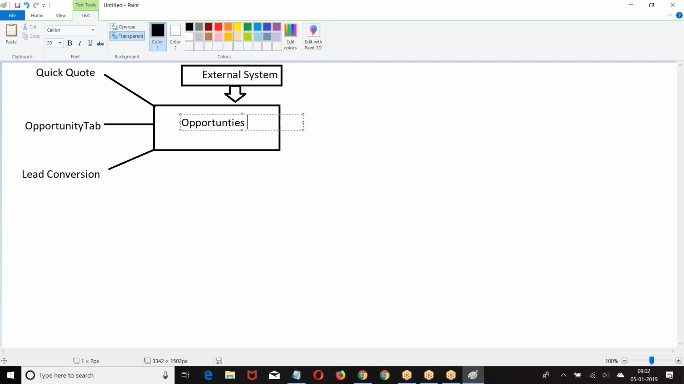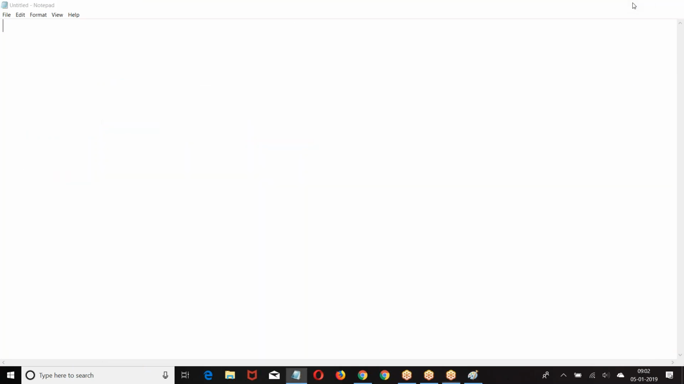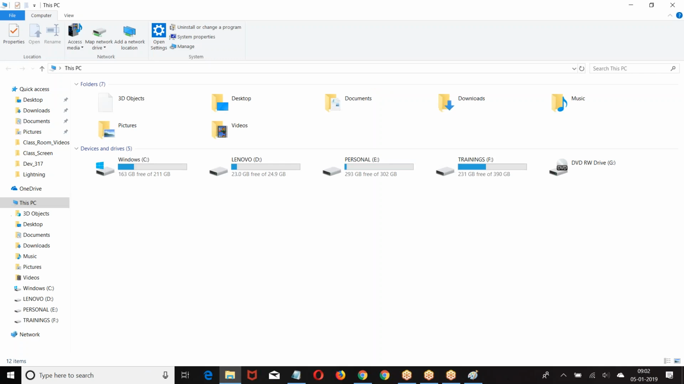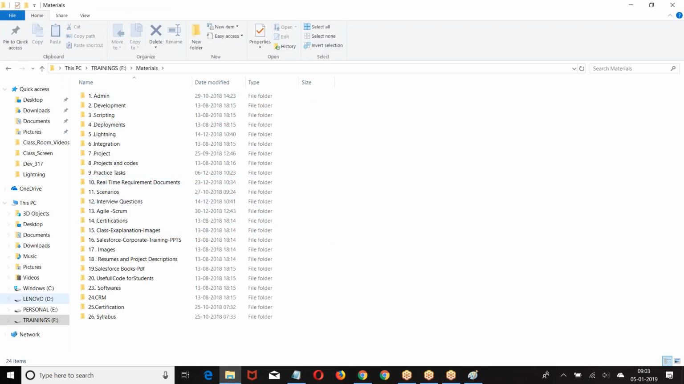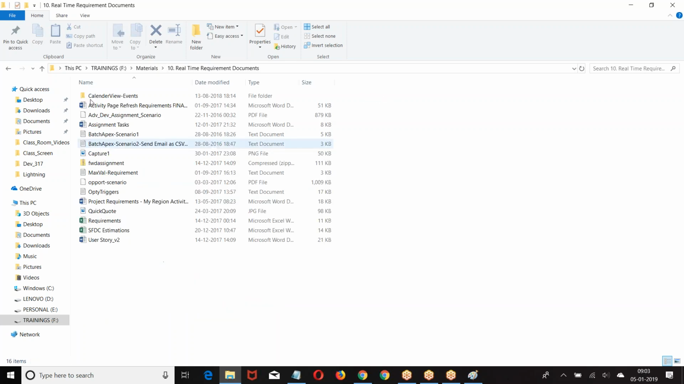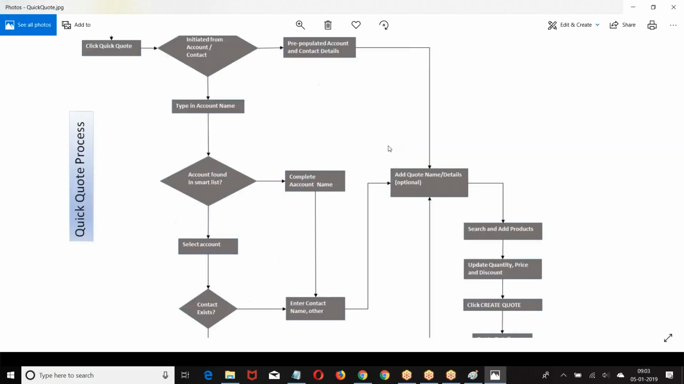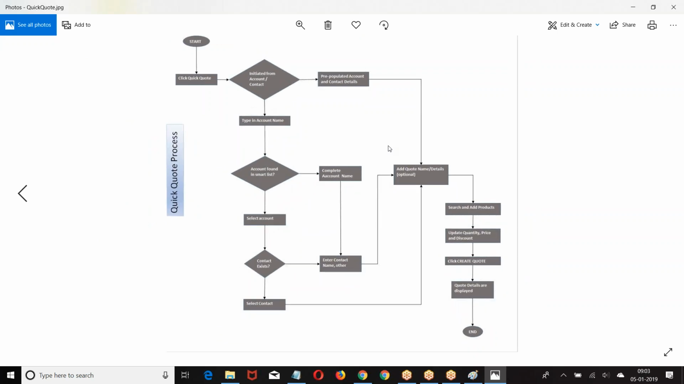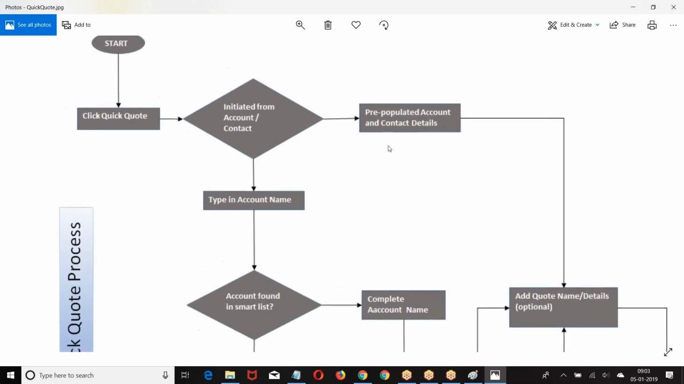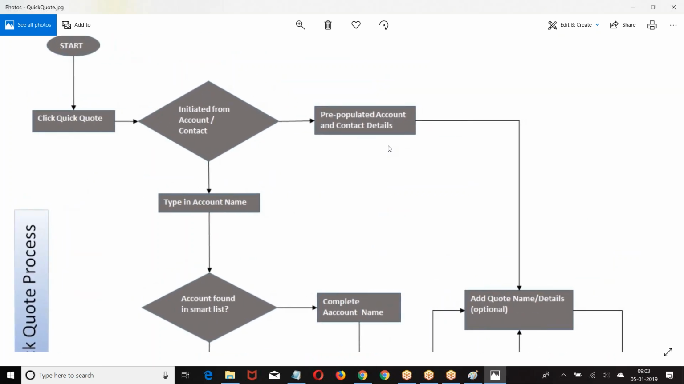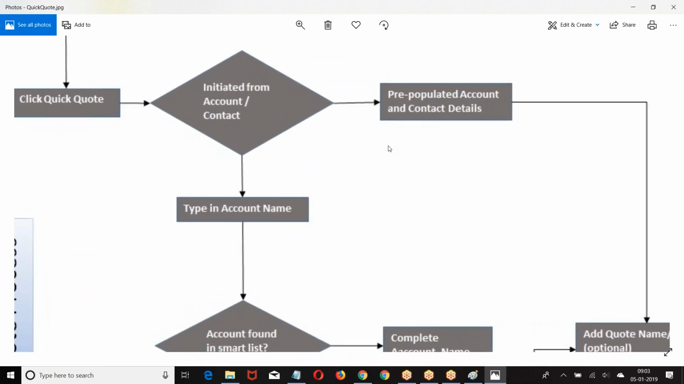Now we are going with the quick code functionality. What is this quick code functionality? First, I will show the diagram representation. Then we'll go for screens. This is the implementation what we have done. This is a quick code functionality. So here, this quick code functionality is initiated from